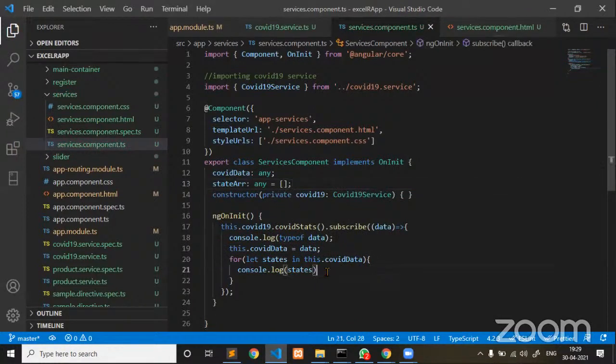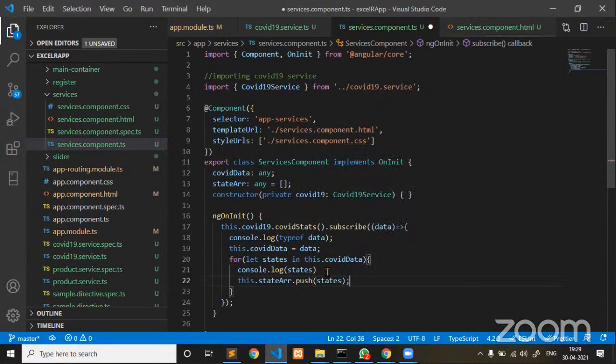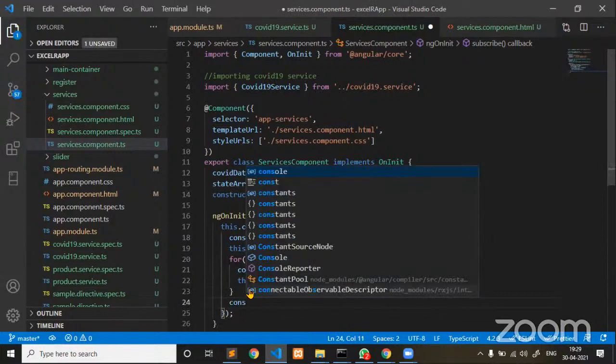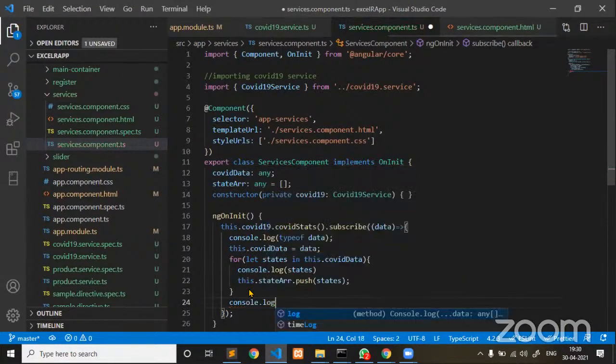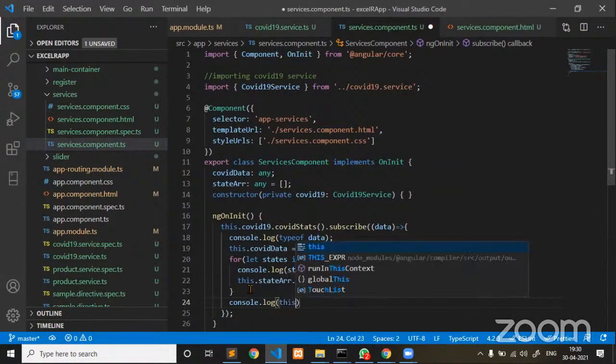After looping through, you see here this.statesArr is equal to whatever information we loop, that is states, we are assigning. Guys, we don't want to assign it, we have to push it into the array. We have to push. This is the method that we learned inside our JavaScript. Let us push the state which we have iterated from the loop. Now at last, after the loop, if you print console.log of my states array, you will get to know this is how the array manipulation that I am doing. This is what you guys have to learn. This.statesArr, if I print,